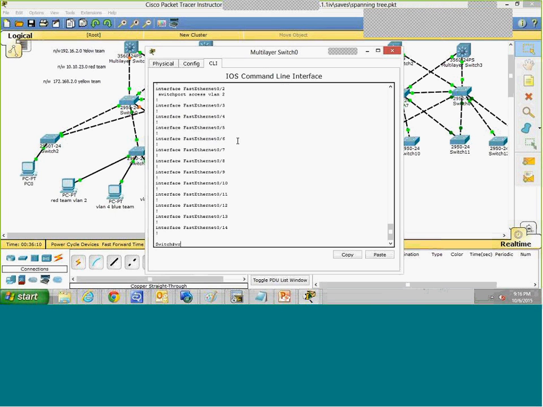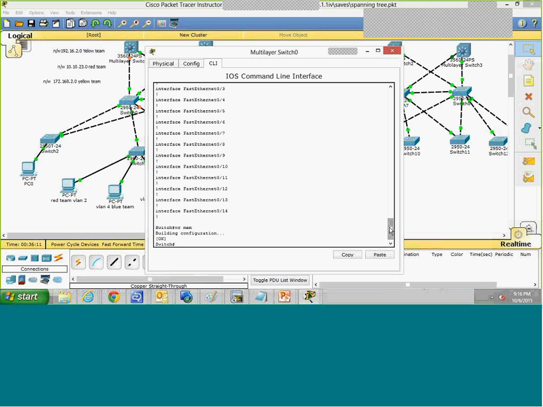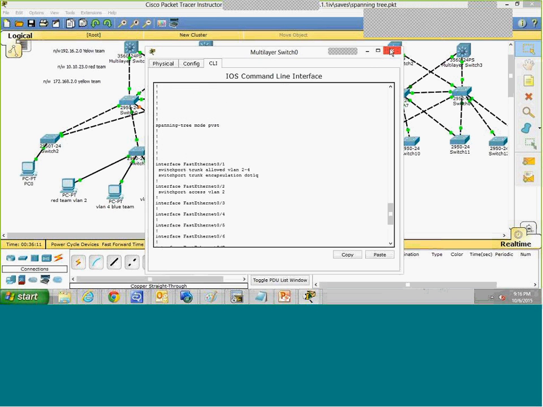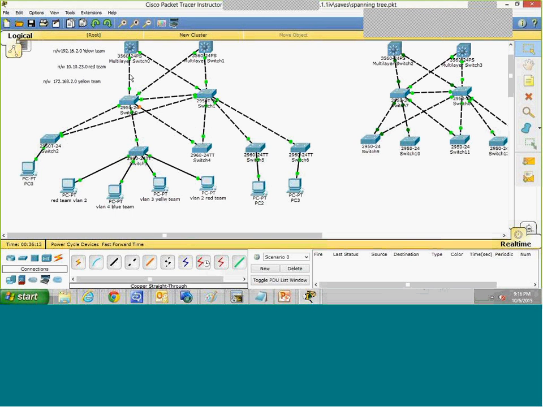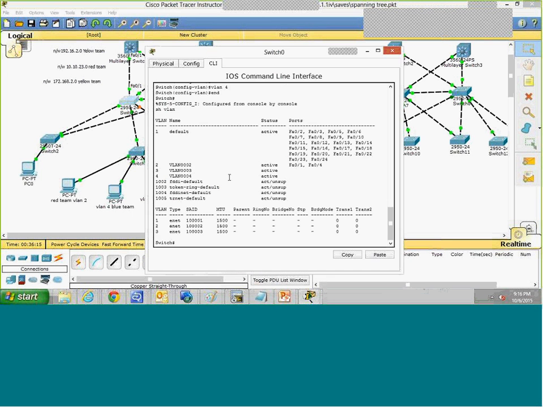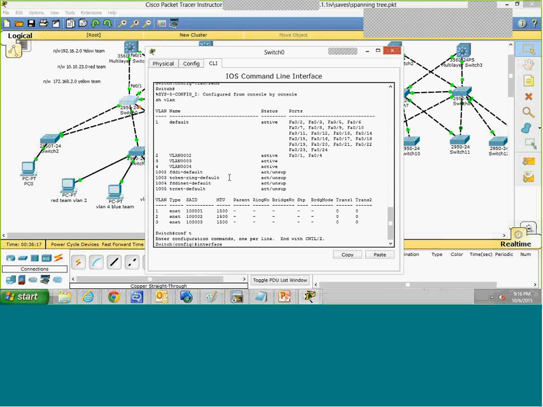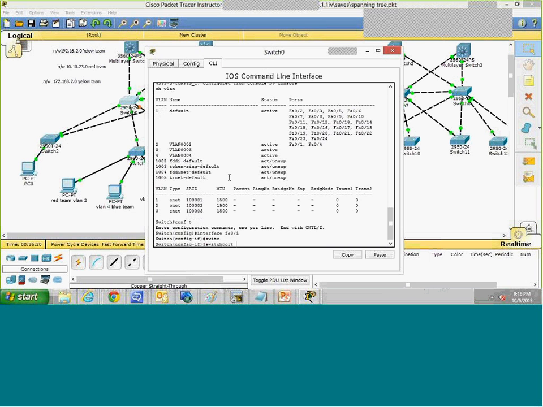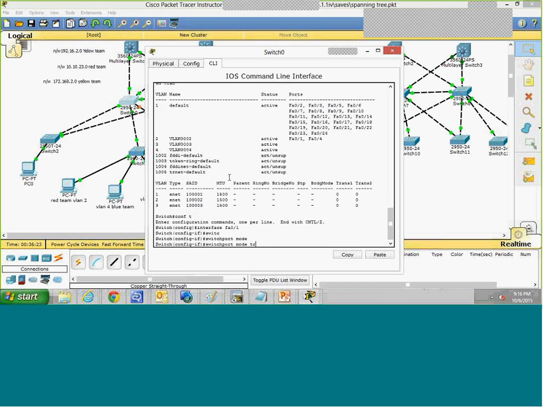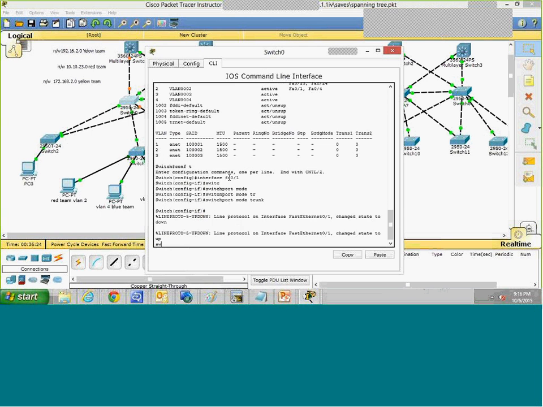Now I'm going to this end. Don't forget to save memory, right, write mem, okay? So now go to SA0 by 1. We are also connecting trunks, right? Configure the interface SA0 by 1. What is the command? You have to tell me. I'm configuring this as a trunk port also. Switch port mode trunk. Switch port